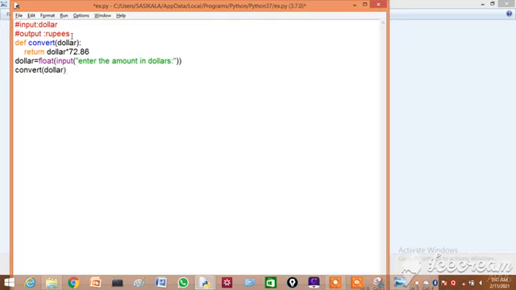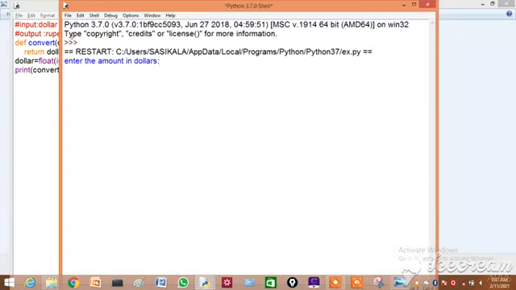So what I am going to do is print that value. Whatever value I get from that function, whatever it returns, by using the print function, I am going to print it. Okay. Now let us execute this. You can see here it is converted into rupees.